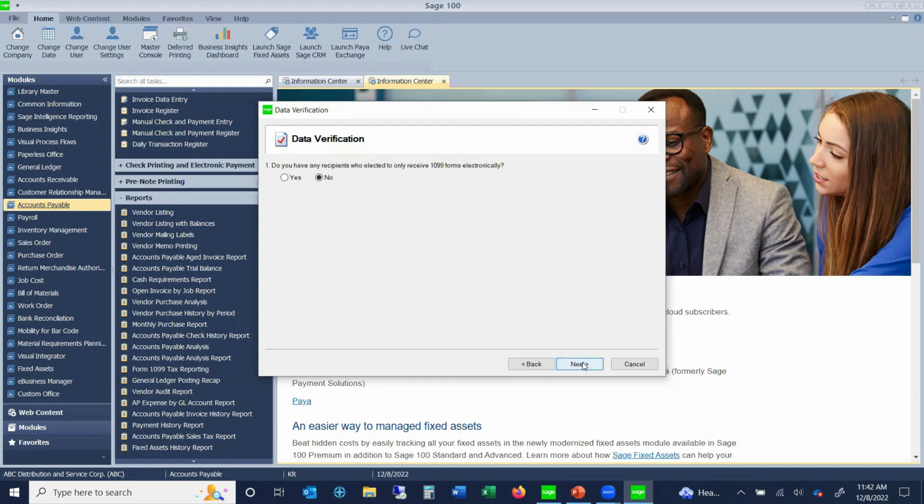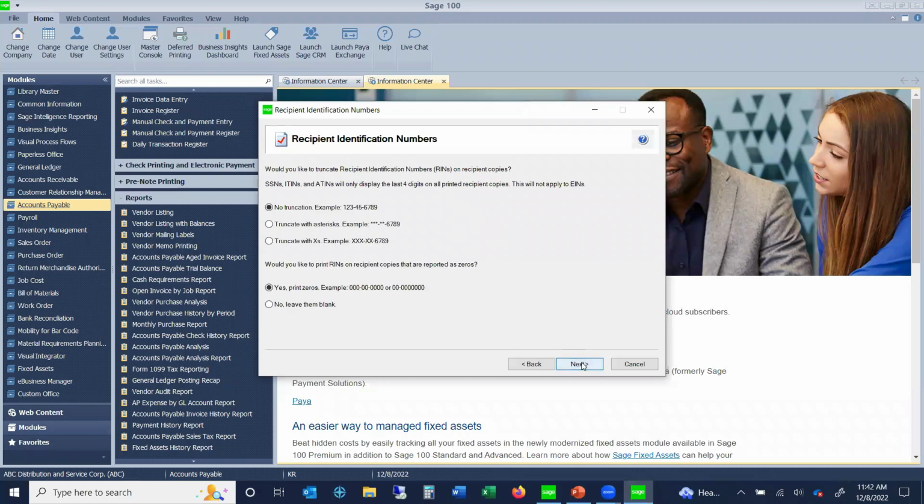And do you have any recipients who are going to only receive the electronic 1099 forms? So I'm going to say no to that because I've not set that up. And then this is up to you. Social Security numbers and EINs. Do you want to print them in full, truncate,